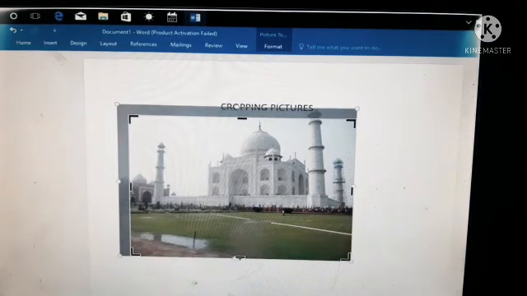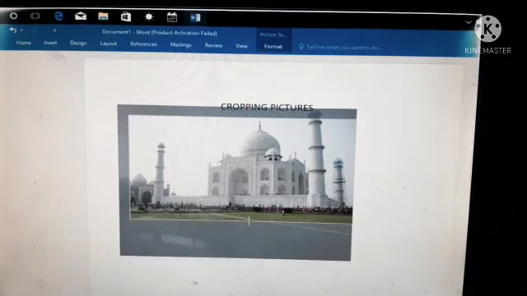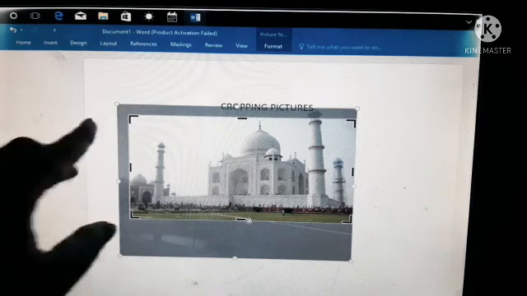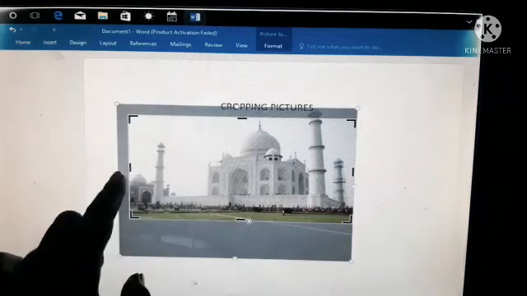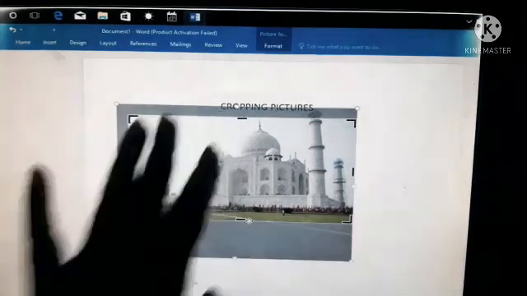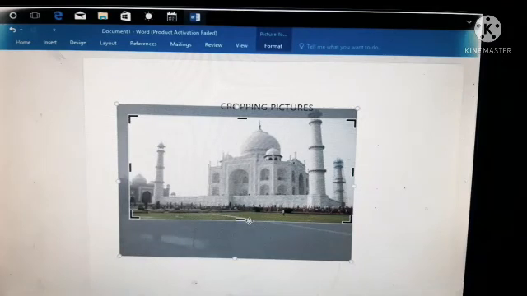Likewise, if you do not need this green color portion, if you move it, we can crop. Understood? Cropping means what? To remove the unwanted edges of the picture. The unwanted edges means the four edges, and also the left, right, middle and top, we can crop them. For cropping, you just have to right click on the picture with the mouse. If you click, you can see the crop option is available.